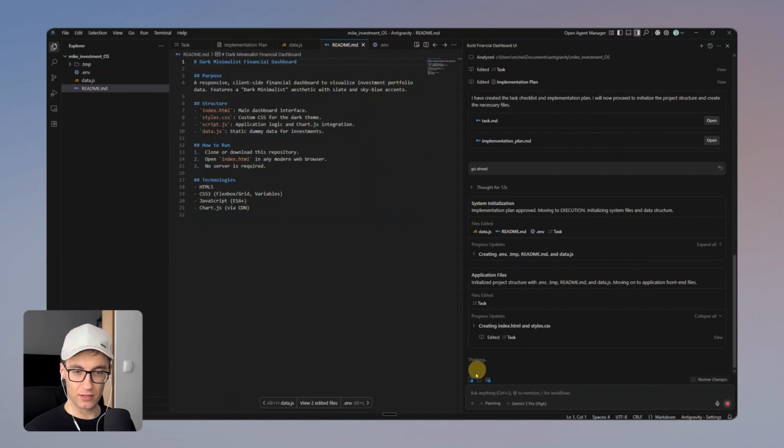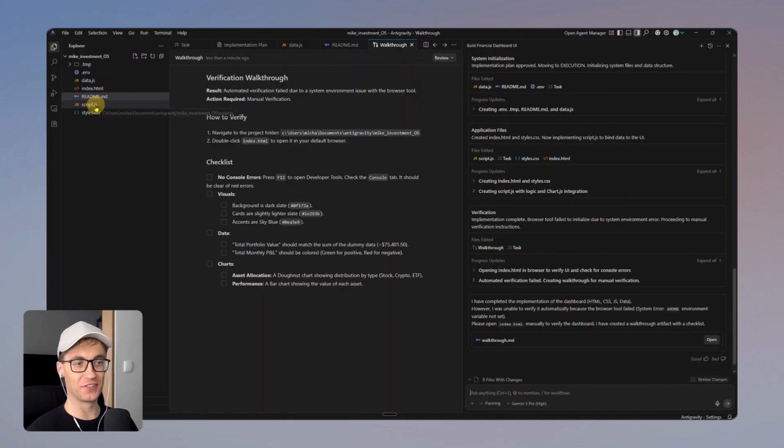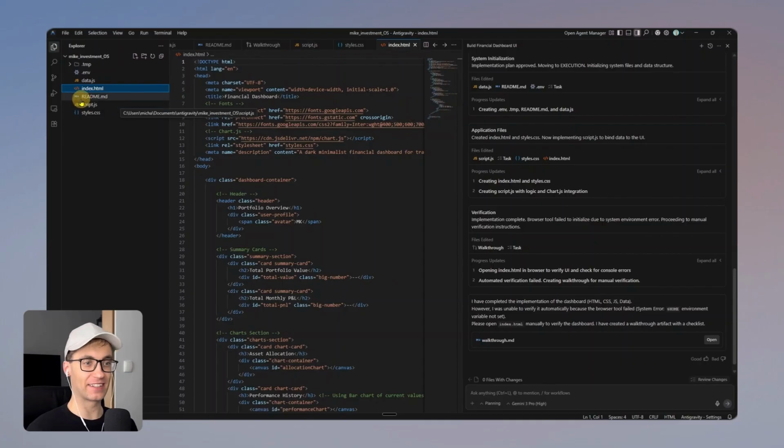And as you can see, there are a few more changes that we need to accept. So let me just accept all. We've now got a first version of our dashboard ready. The index HTML is where the actual dashboard lives. So we can open this HTML file locally, but let's not do that yet,